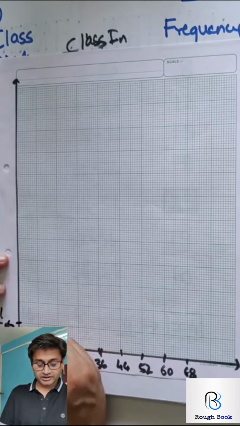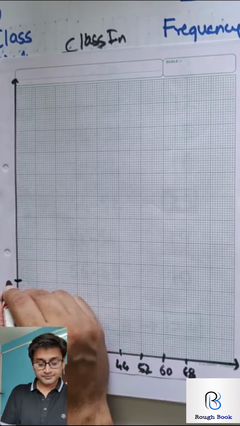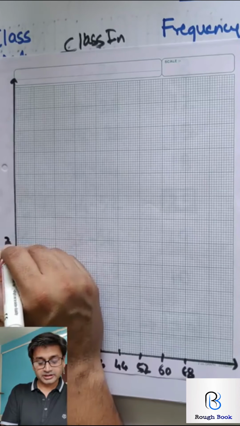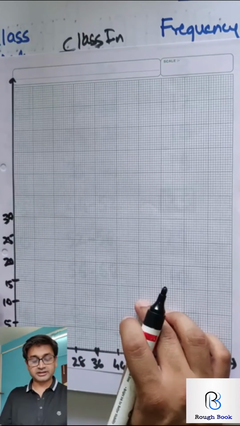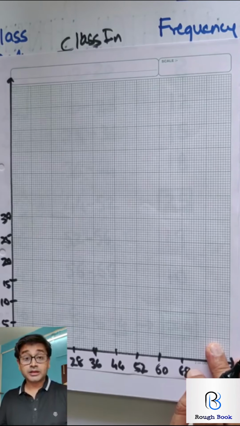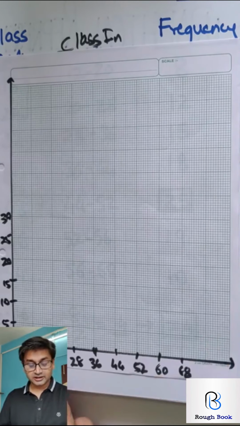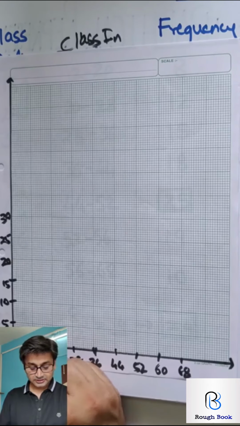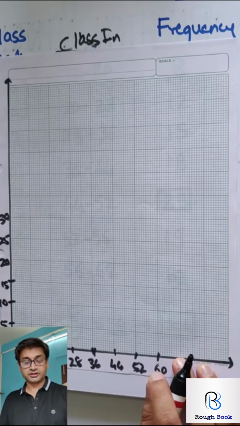Now frequency. So we decided we are going to take 5, 10, 15, 20, 25 and 30. I think 25 is the max. What is the first thing you need to remember? Superb. Kink. Is the kink required? Yes, it is. So put a Z. That's enough for the kink now.